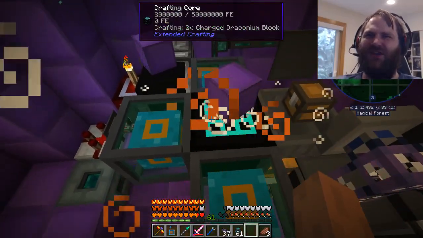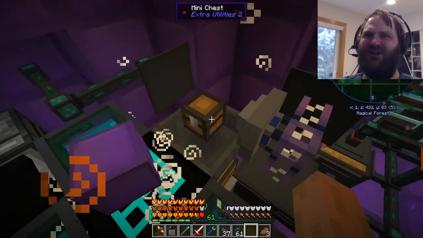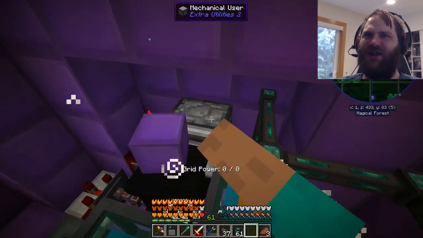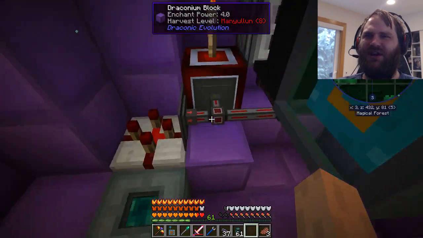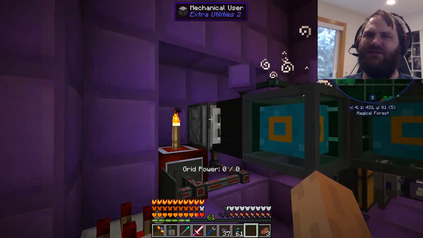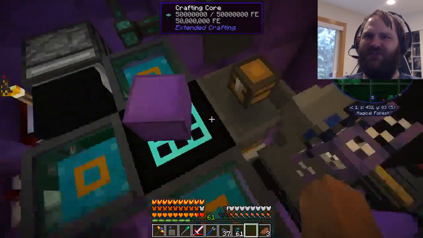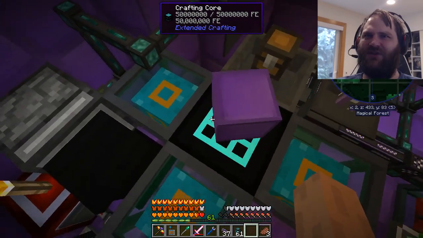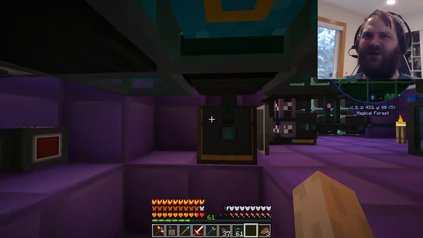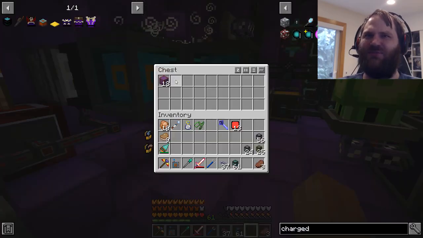We have a crafting core that's making exclusively charged draconium over time. We export draconium blocks into this mini chest because I want to. And those go into the hopper and also this mechanical user. Oh, that's what I meant, by the way. Can we just use a mechanical user on the bed to change it into daytime? Maybe. So what that does is the hopper puts a draconium block onto the crafting core, and the mechanical user puts one onto the pedestal. And once both of those are in place, the crafting begins, and then this item conduit extracts the charged draconium and puts it into a chest which has a storage bus on it, so we're going to get